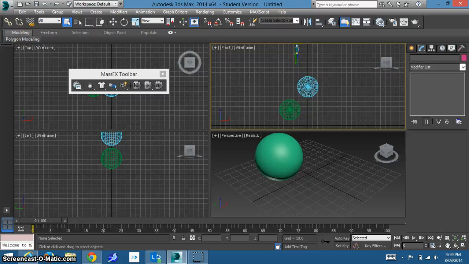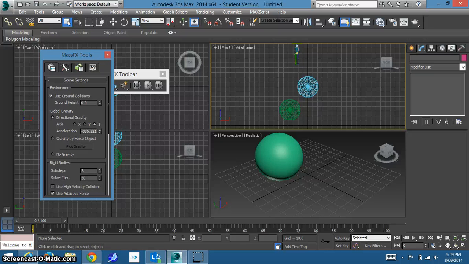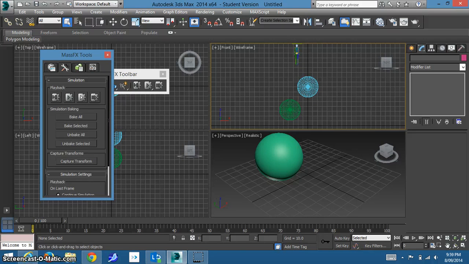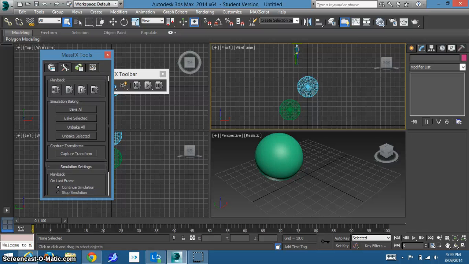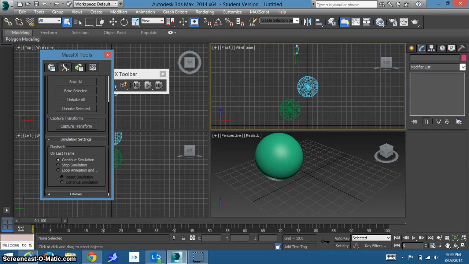So on the Mass Effects toolbar, you'll see that there's an icon on the far left. Click that one there and we get a new tool panel come up, which gives us a whole bunch of new tools to use. Now up on the top there's a tab there for simulation tools with the little spanner and the hammer on it. Left click on that for me and you'll see another panel appear with a very thin scroll bar at the side, which is a bit hard to see, but click and drag that one down and we'll click stop simulation on last frame